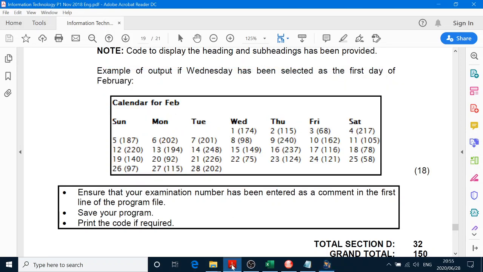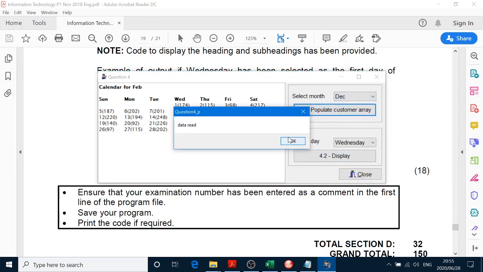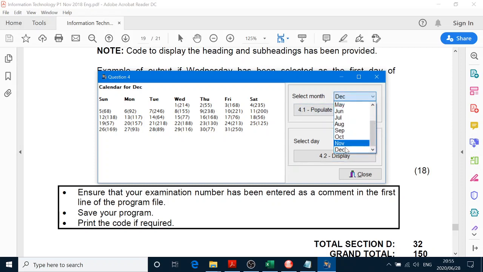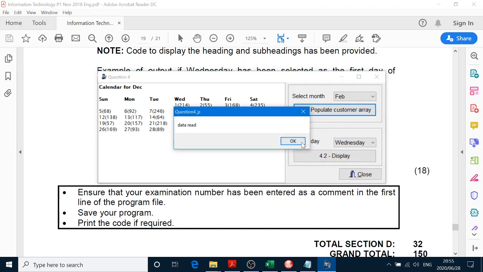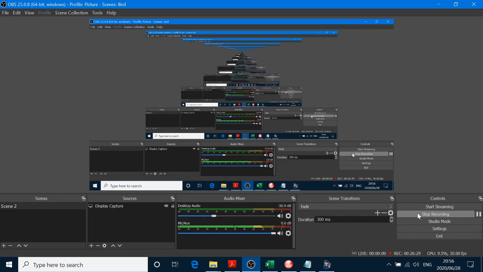That is 100% correct. But if I go and choose December, populate array, so now our days is 31, okay, and I choose Wednesday and I display, okay, fine. What if I go back and I choose February again, populate the array, then I choose Wednesday. Oh, okay, it does work. Oh, I thought it wasn't working. Okay, fine. Anyway, that's basically as much as I can do for that one, and we'll meet again another